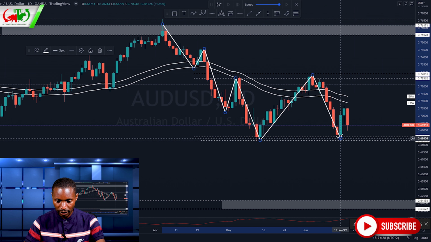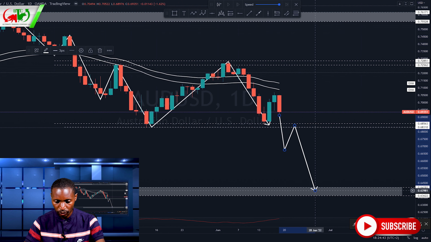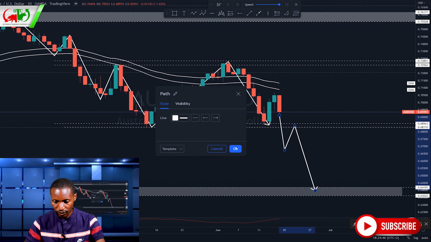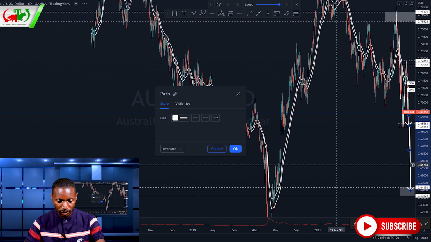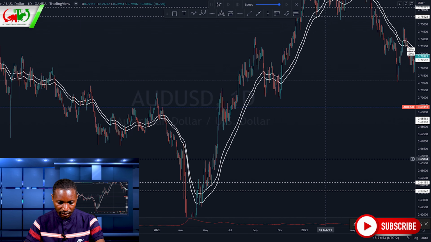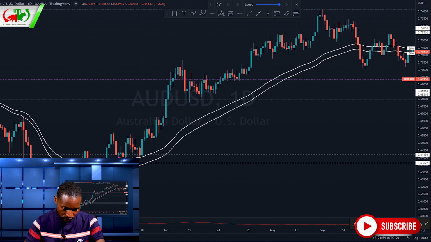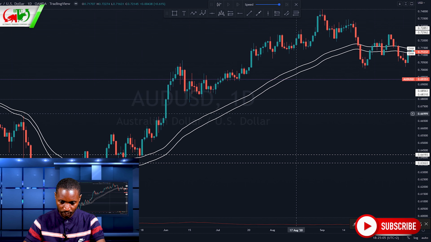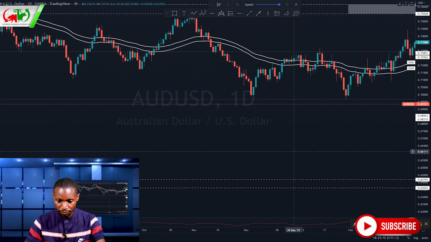Therefore, if AUDUSD manages to break below this support of 0.8631, then we will look for a retest, and our take profit could be at the support of 0.306419, because this is a major support which AUDUSD has used in the past to push this market up. As you may see here, it has been tested at this support 2 times and it was a resistance. So this is a major resistance which could push back, or at least cause a pullback if AUDUSD